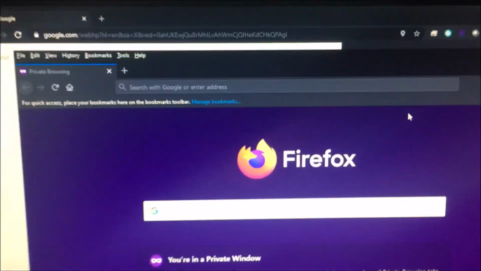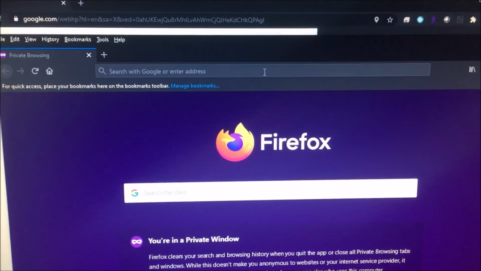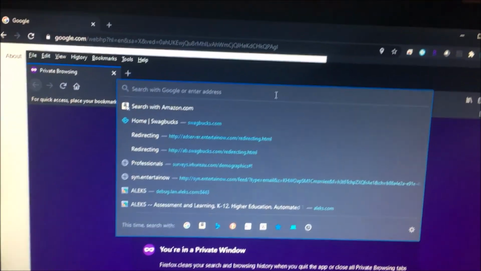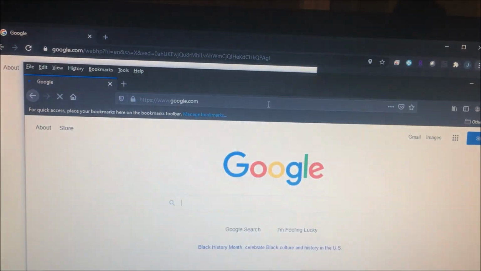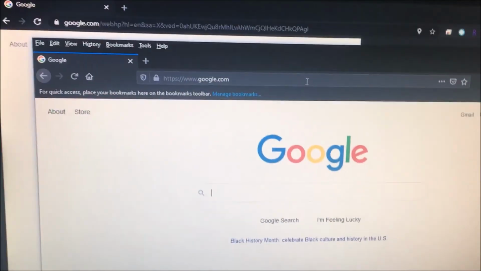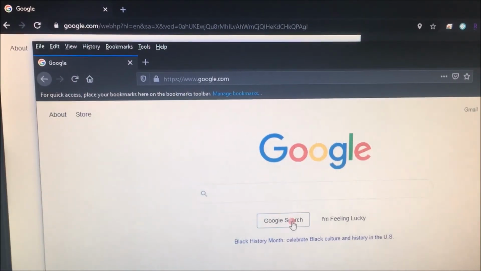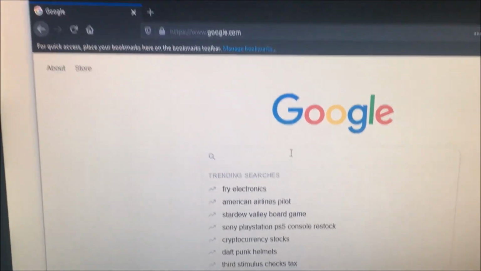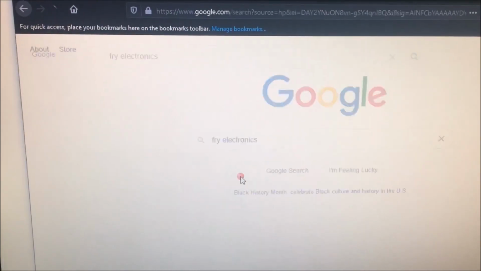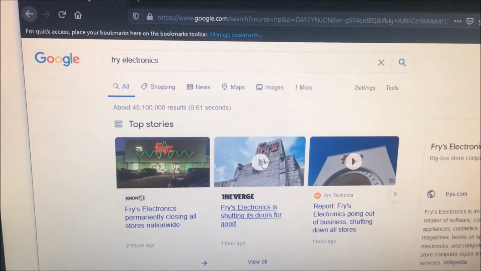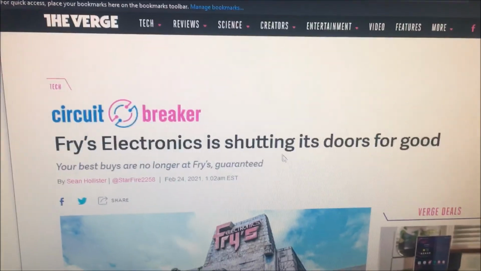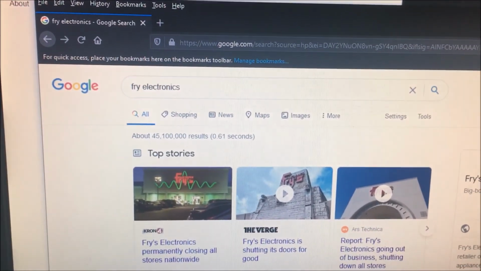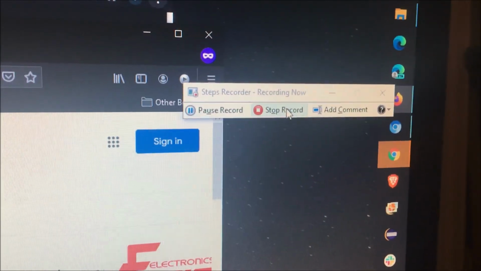record. So I've opened this Firefox window, which I'll be doing my, let's say, troubleshooting. So I'll go to, let's say, Google. Okay, from Google, I will then go and do a Google search. So you see I clicked on Google search, and then I'll type over here, and then I'll select Fry's Electronics, and I'll click on the video, and then I'll go and click the back button. So each step that I do, each mouse click, it records it onto this recorder over here. And I can stop recording,